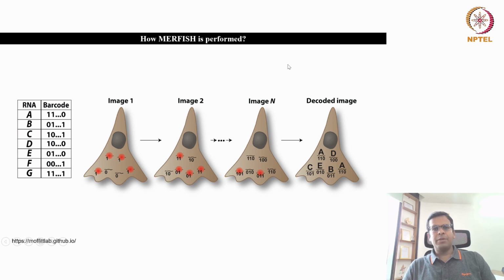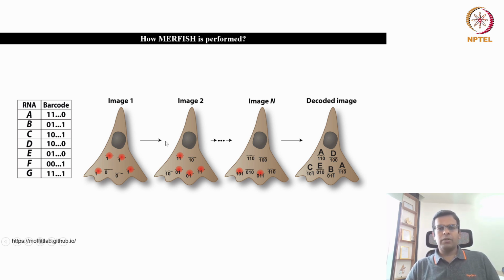So here is another example to explain how MERFISH works. This is the same cell, and it has, let's say, 6 different mRNAs, A, B, C, D, A, B, C, D, E, and there are 2 mRNAs of the same species, like A and A. So how will it be detected? Let's say in image 1, only these 4 mRNAs will give a fluorescence signal. So they will be given the number 1111, and those mRNAs which are not giving a signal in the first round will be given the number 0.